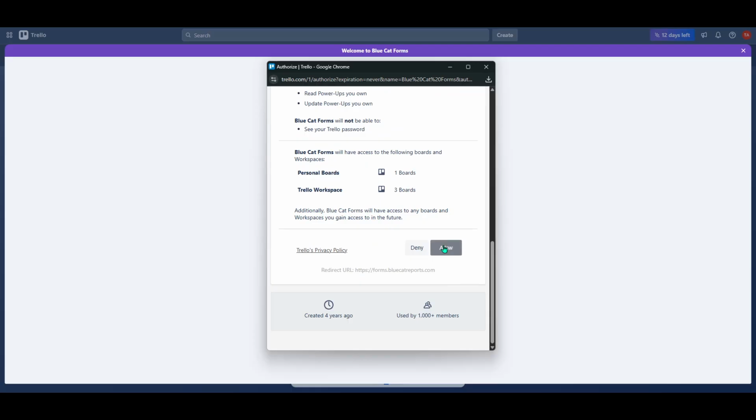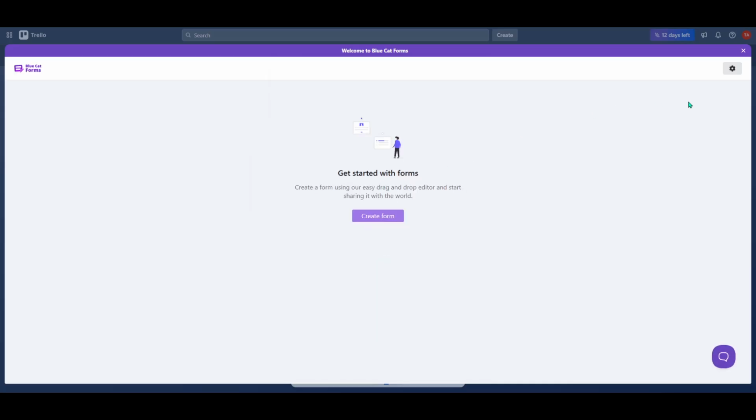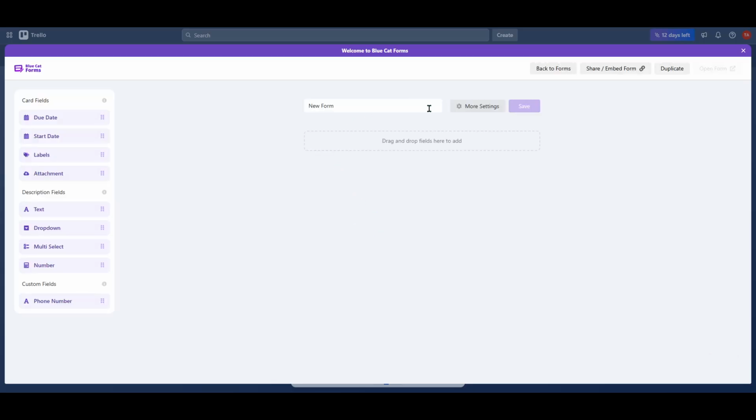Now comes the exciting part, creating your form. Click on this new shortcut button, then select Create Form. You'll find yourself in a user-friendly interface where you can design your form to suit your needs. Simply drag and drop the fields you require into your form. This could be anything from text input boxes to drop-down menus. Be sure to think about what information you need to collect and how best to facilitate that through your form